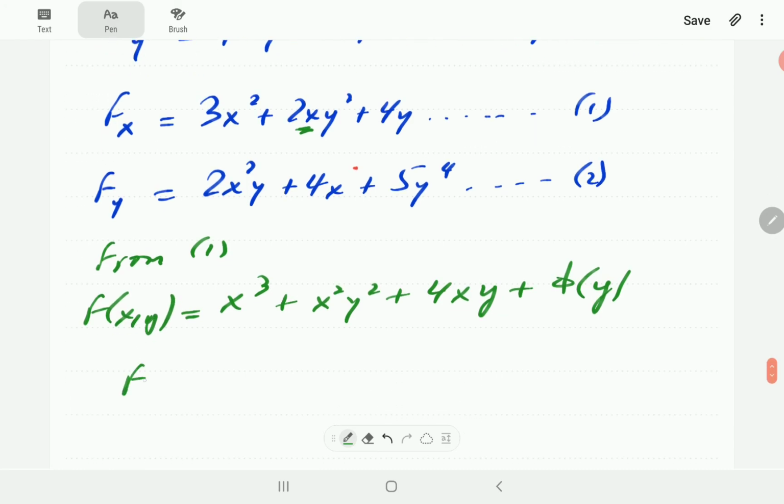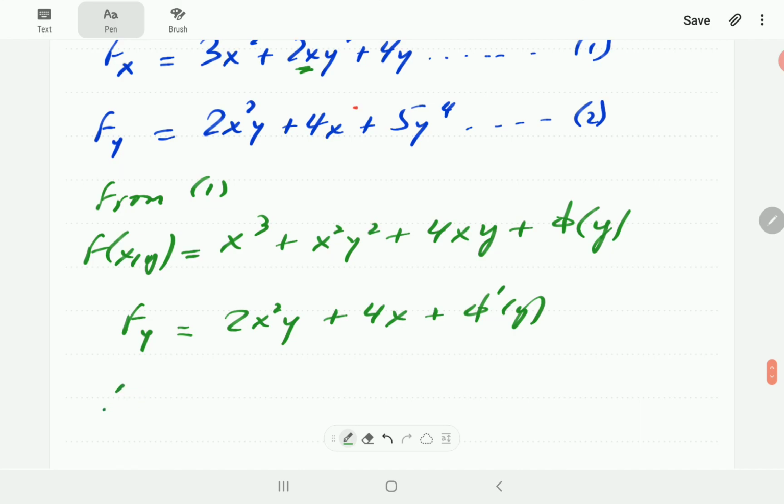Then we're going to differentiate this partially with respect to y and compare with 2. So derivative of this one is going to be 0. Derivative of this one is going to be 2x squared y. Derivative of this one is going to be 4x. Derivative of this one is phi prime. So if we compare, the first term corresponds, second term corresponds, so this one must be equal to 5y to the power of 4. So let's say comparing